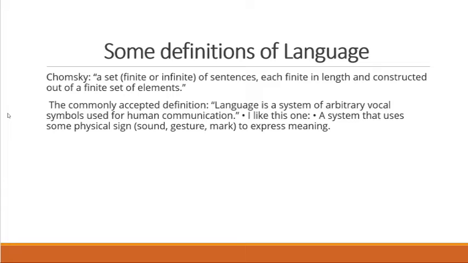Now we have two more definitions. The last one is by Chomsky. So you know that Chomsky is one of the leading linguists in the field of language, and he has studied language a lot, and he has given his own theory of language, that is known as the theory of universal grammar. And he has also worked a lot on language acquisition and the way we learn language, and he says that human beings are endowed by God with